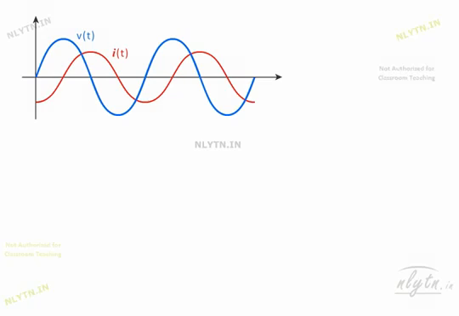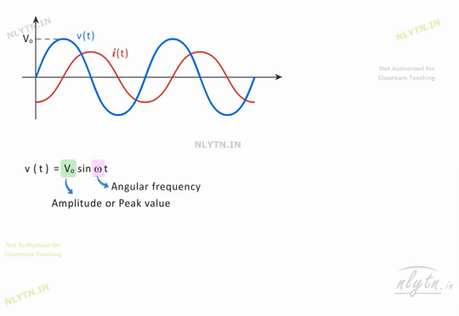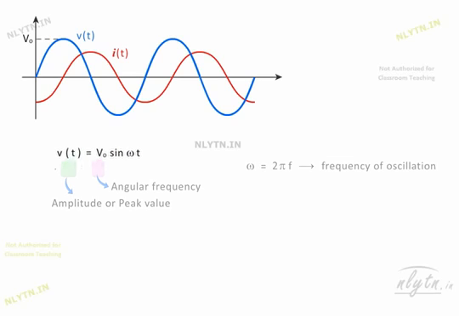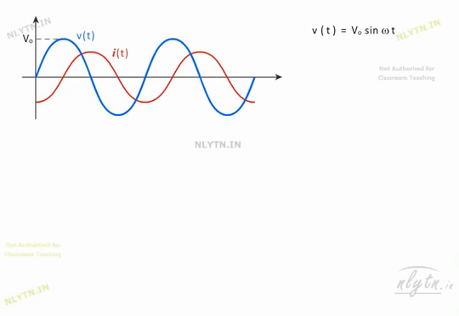We have seen that alternating voltages vary sinusoidally and thus are represented by such an equation. Here this is the amplitude or the peak value of voltage, and this is the angular frequency of oscillation, which is equal to 2 pi into the frequency of oscillation. Now, this equation is similar to the equation of SHM we have already studied,